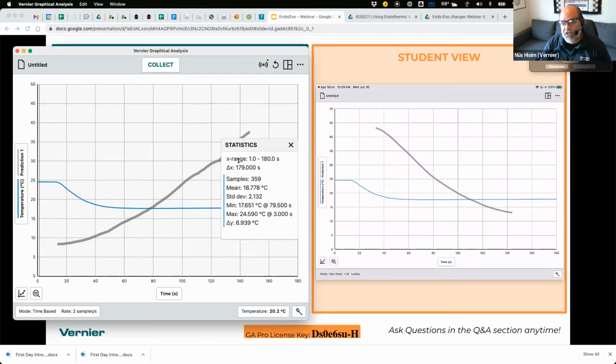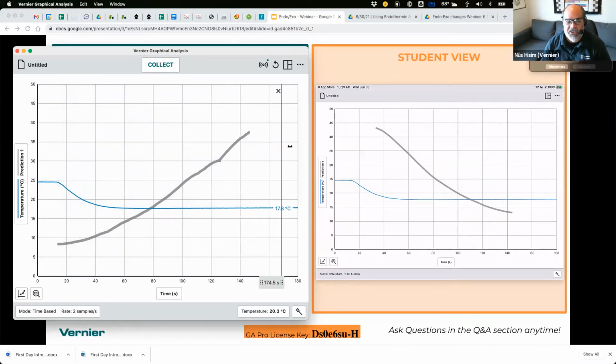Now, what about a lower group of students? Maybe I did this with a 9th grade special ed class, and I have a modified version of the instructions that just says, click on the beginning of the data, write down that temperature, click on the end of the data, write down that temperature, right? And then have them do it that way. Don't mention statistics. You can modify this. I gave you a Word file and a Google Doc. So you can modify this and make it work for you. And you can have a version for a lower level class and a version for an upper level class, that